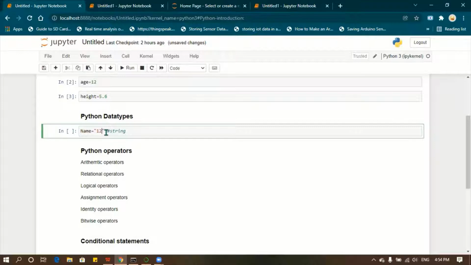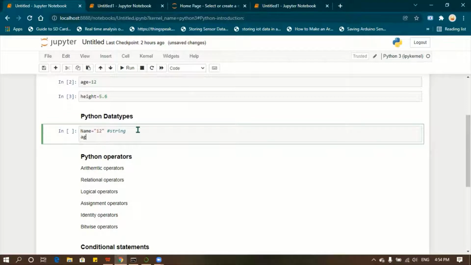So we need other data types like integer. Age is equal to 12, the whole number, is considered the integer data type. In short form, it is int. The string data type, in short form, is str.